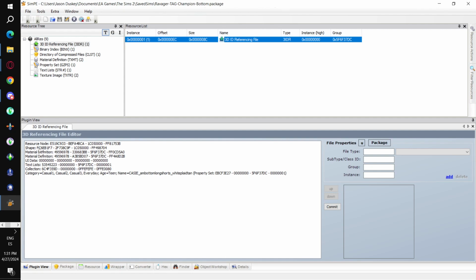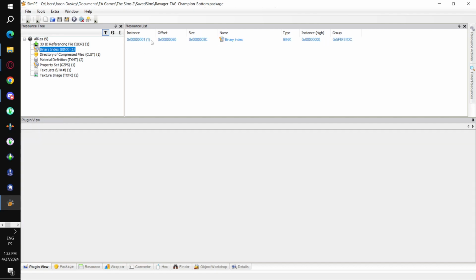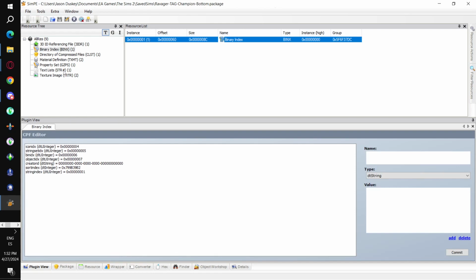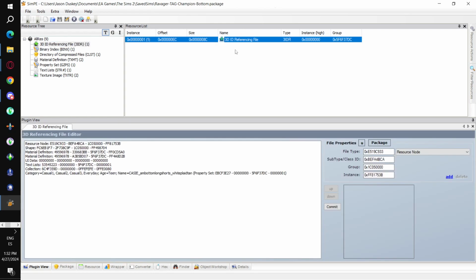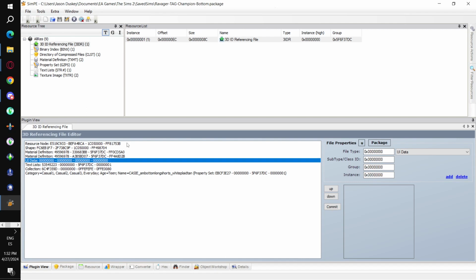We'll look at the 3IDR, and if you select shape, these are the TGI values of the actual mesh that it links to. So this is for Body Shop recolors. This is where they see the mesh that they're linked to. If you look at the BINX, you see that the icon index is 4. Okay, so where does it get its icon for CAS? So if we assume that 0 is the first line, 2, 3, 4, the fifth line,